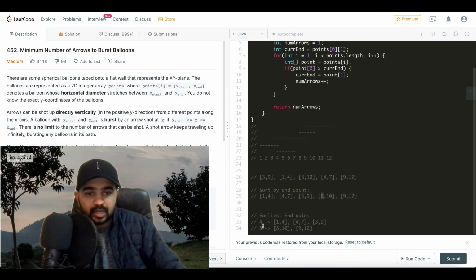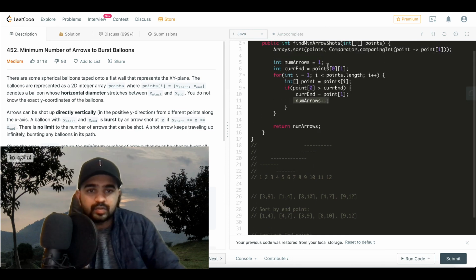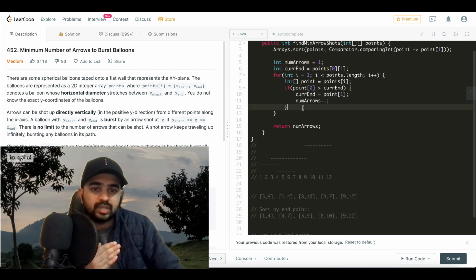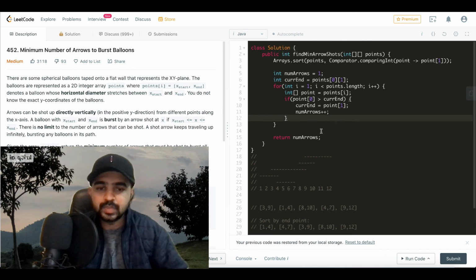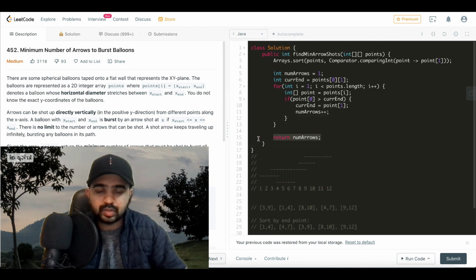So the start point 8 was greater than 4, so we updated our current endpoint from 4 to 8, and we updated our number of arrows. Before this we just needed one arrow. After we updated this, we increased our number of arrows to 2, and we keep on processing this. After you're done processing this, you can just return the number of arrows, and that's the solution.